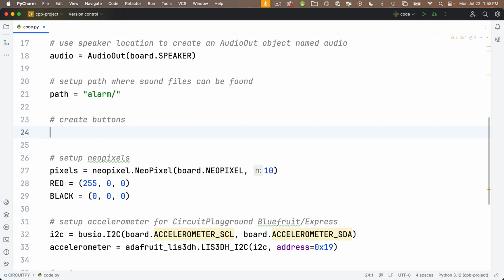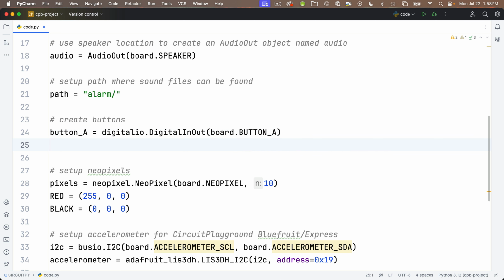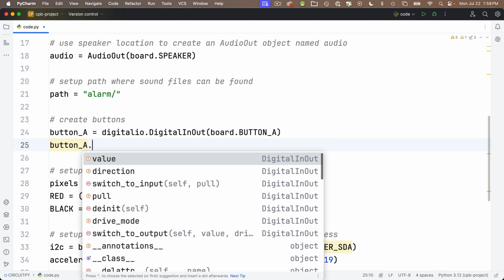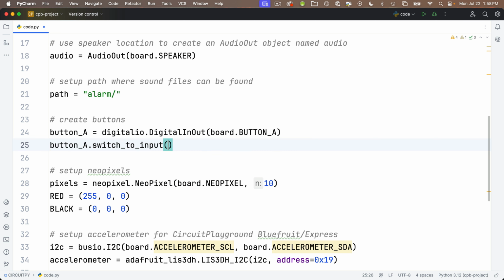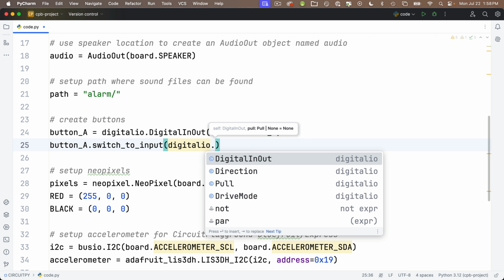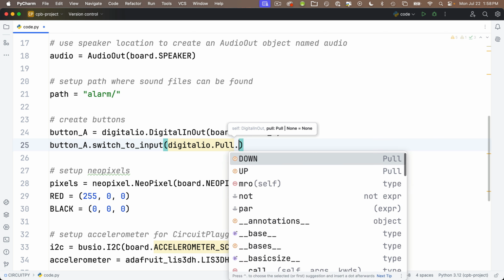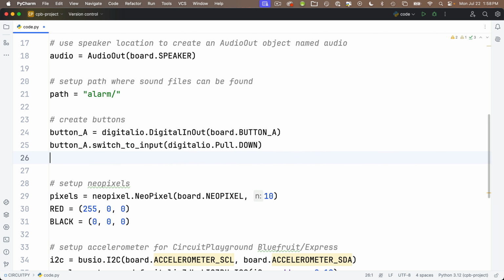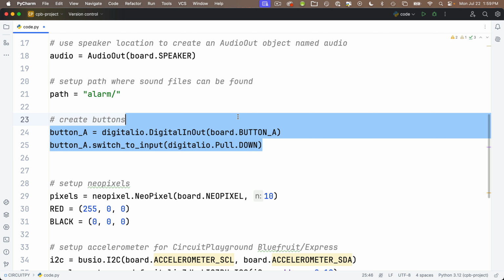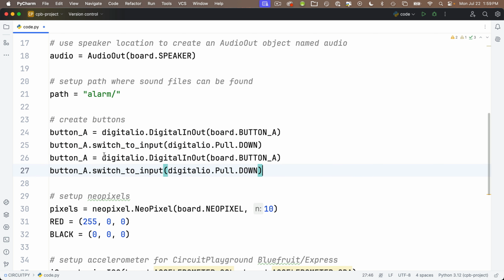Then we'll create our two buttons, and you know the drill. button_A equals digitalio.DigitalInOut, capital D, capital I, capital O. Between parentheses, we'll pass in board.BUTTON_A in all caps. Then we'll take that button_A object we just created and use .switch_to_input, passing between parentheses digitalio.Pull.DOWN. With this button created, we'll copy these two lines, paste them down below, and switch the three button A references